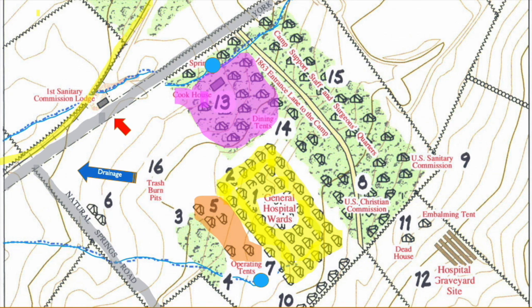Camp Letterman is really not much different than hospitals that we see today. Every hospital has a place to prepare food and meals. That's the pink area. It has a general ward, a place where the patients recover, a hospital ward. Camp Letterman also had operating and surgical tents. These soldiers would need additional surgeries to remove pieces of their bodies that weren't healing well. To do that, and